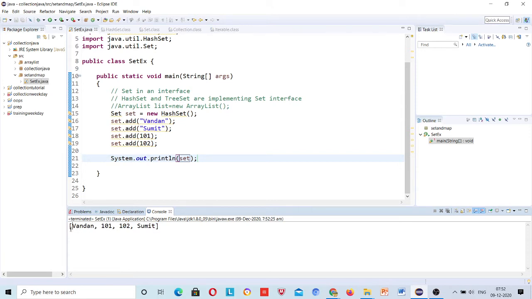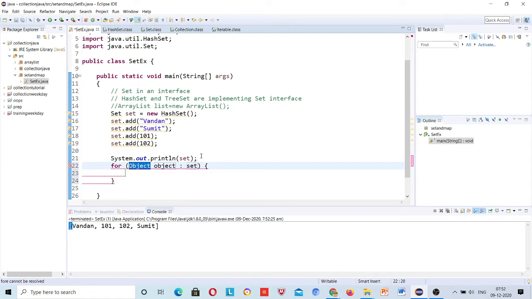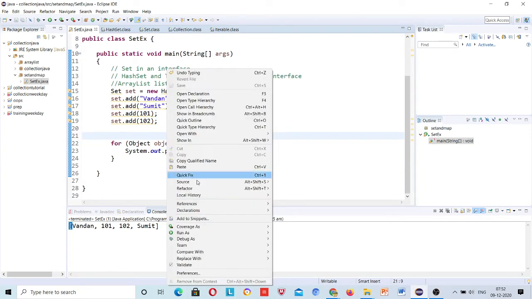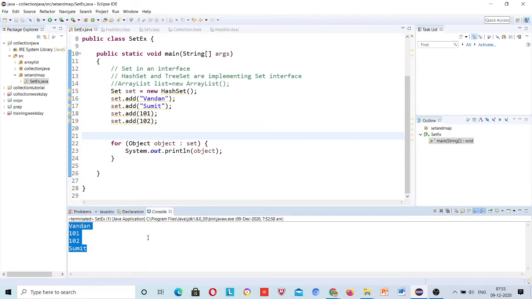Last session I told you the same way, just use a for each loop, and I already explained the for each loop, so I think you guys will relate to it. Just print this set object. Run it.